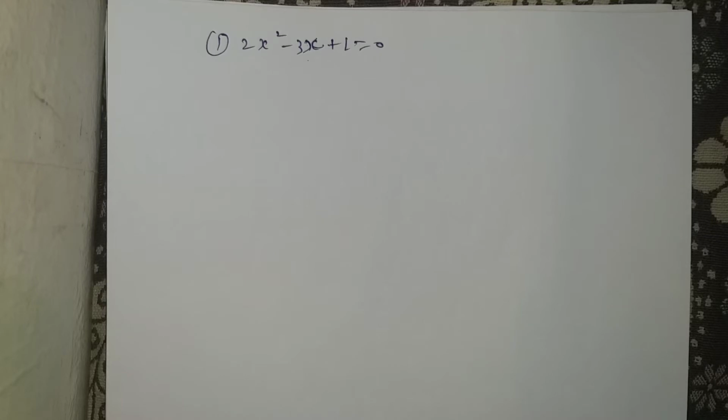There are 3 methods to find out the value of x. One is called splitting middle term, second is formula method, and third is completing square method. For CBSE students, they removed the completing square method. Even so, I'll do a video for the completing square method, in case it is added to the CBSE board, so you can go and check that video also. But in this video I'll teach you splitting middle term.